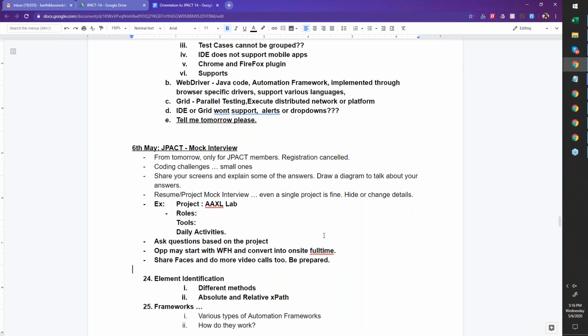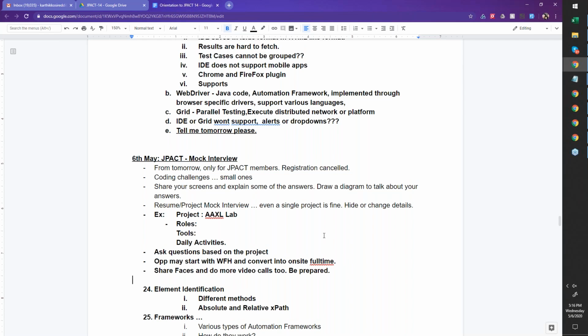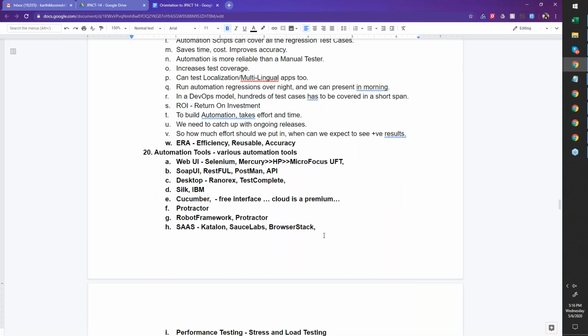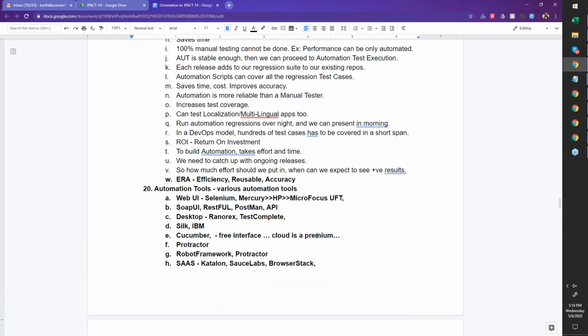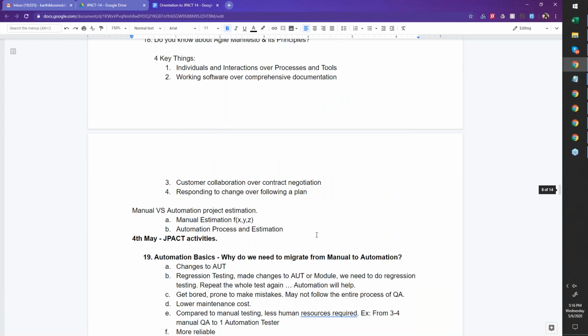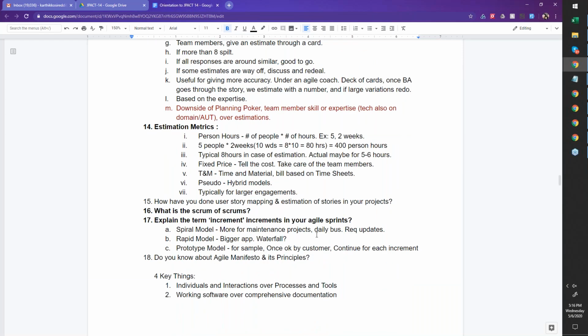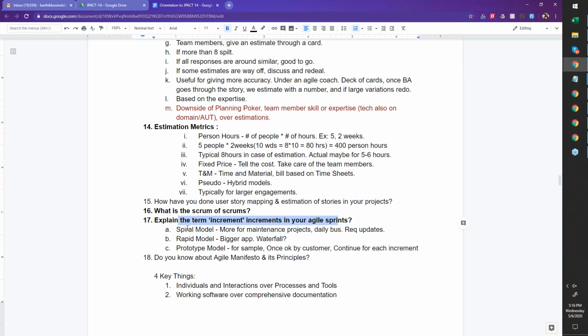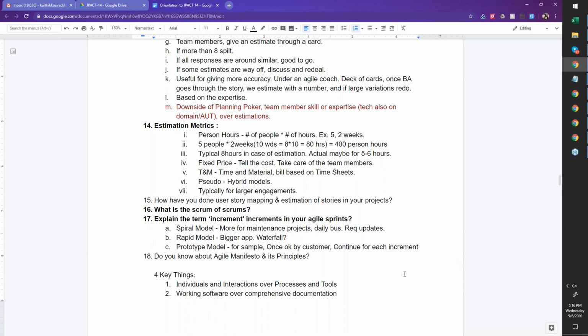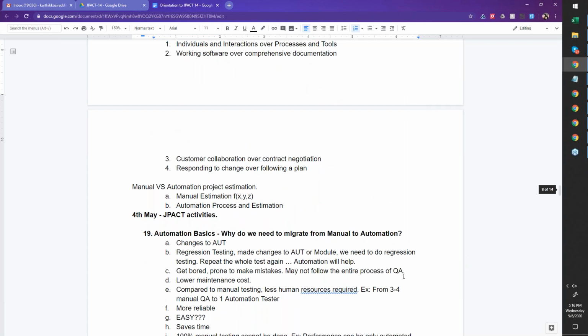So again, for example, if I scroll up, we've taken some questions. Where are those questions? Let us say here, explain the term increment of increments. So when we're talking about this, we took and we corrected the answers. We wrote one answer, but we did not write what are every answer that we're getting. There should be one concrete answer, and I'll talk about that too as we go along.